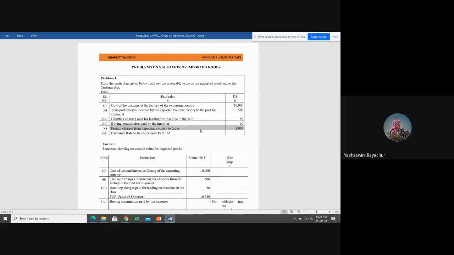Okay. Now, will it be a part of FAS, will it be a part of FOB, or will it be a part of CIF? It will be a part of CIF. Very good. Now, exchange rate to be considered in this particular problem, they have told that $1 you take as rupees 65. Okay, that we will do later. First, let us calculate everything in dollars.